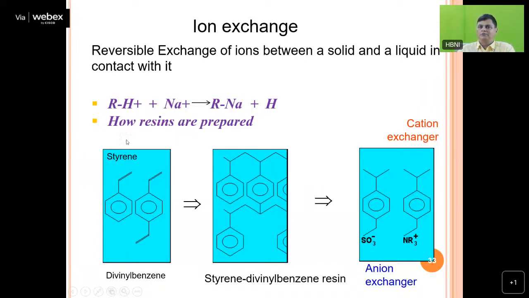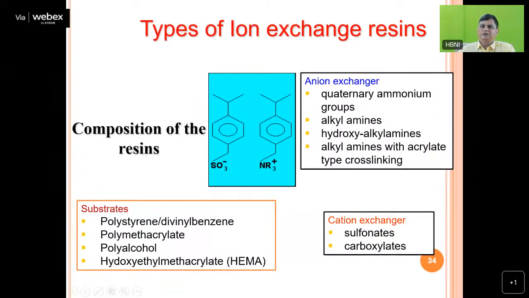Then, depending on whether you want to do cation exchange or anion exchange, you can functionalize it using different functional groups, and make anion exchangers and cation exchangers. The anion exchangers include quaternary ammonium groups, alkylamines, hydroxyalkylamines, and alkylamines with acrylate type cross linking, whereas the cation exchangers can be